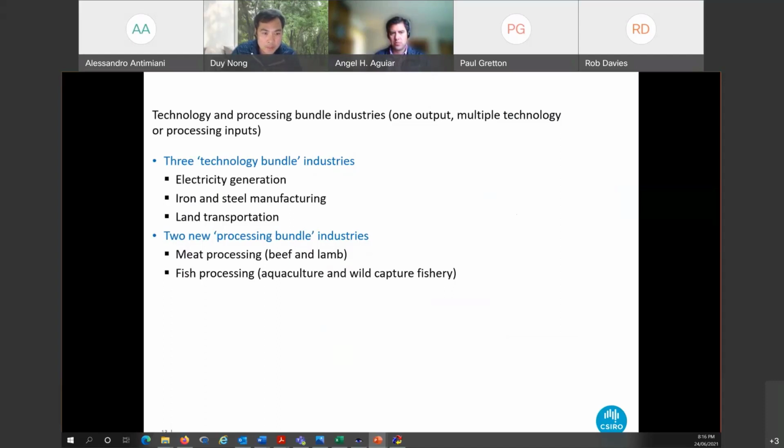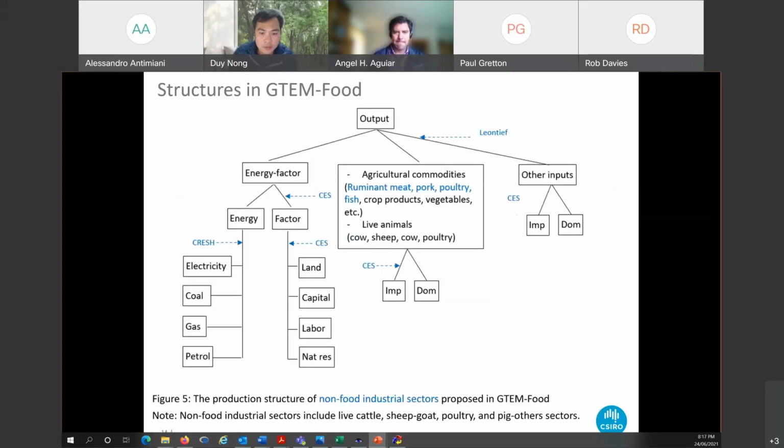And we add to the GTAP food model new processing bundle industries. That is the meat processing industry that uses the commodities beef and lamb, but there is only one output, which is the meat. It's similar for fish, with the processing of aquaculture and wild capture fishery. For the production structure of the non-food industrial sector, here we divide the energy into 4 kinds of commodities